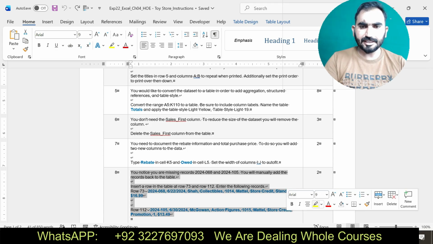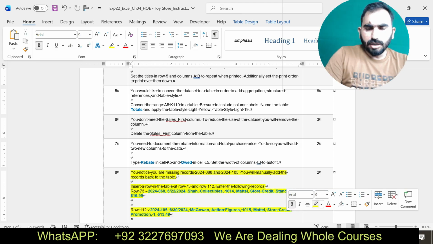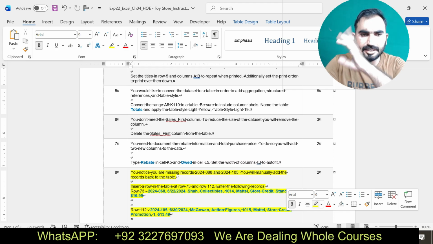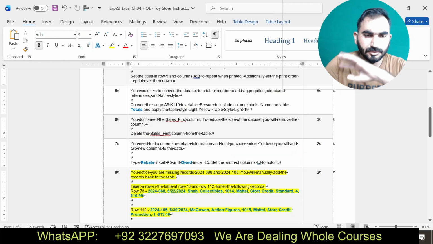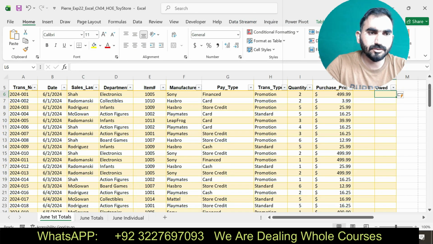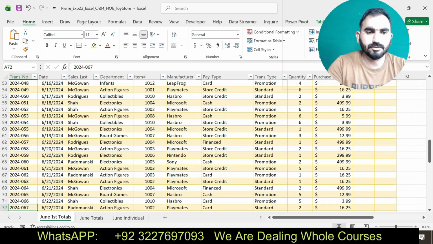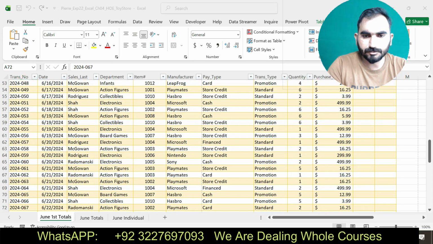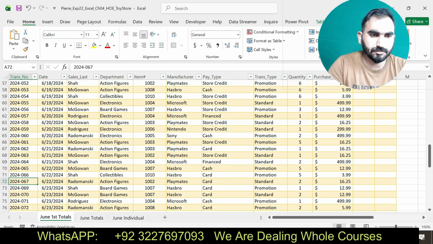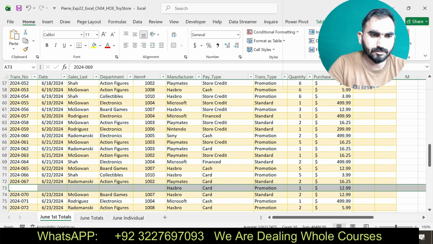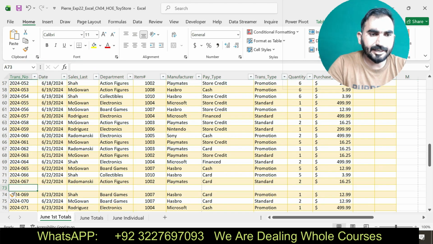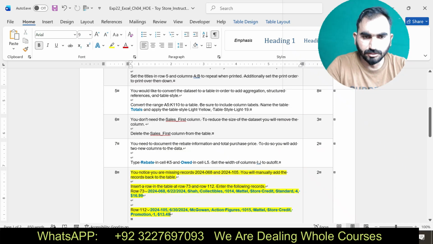Okay, now you can see here I am going to insert two new rows according to the instruction of step number 8. Yes, 73. And add the data according to the instruction.